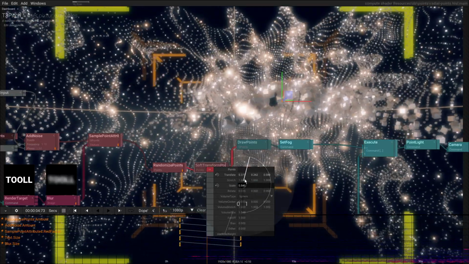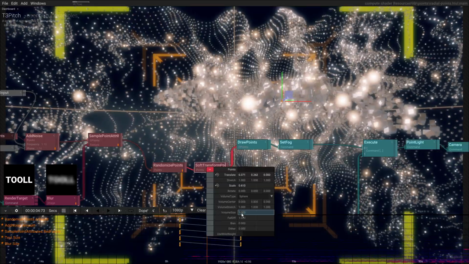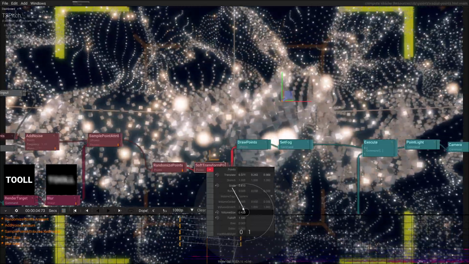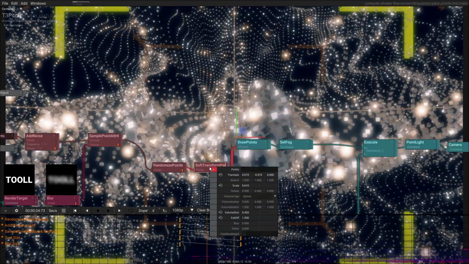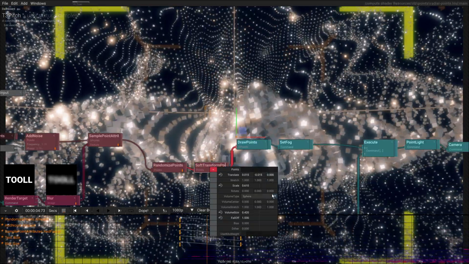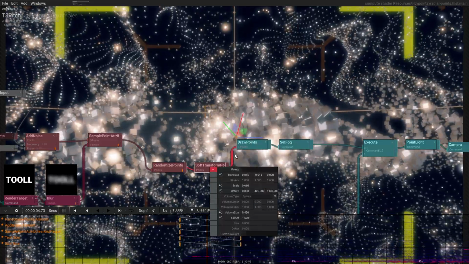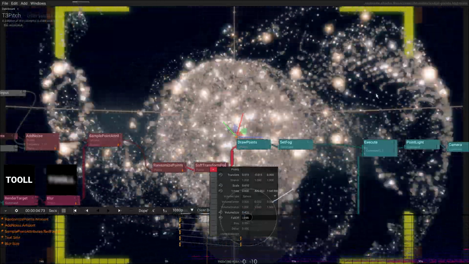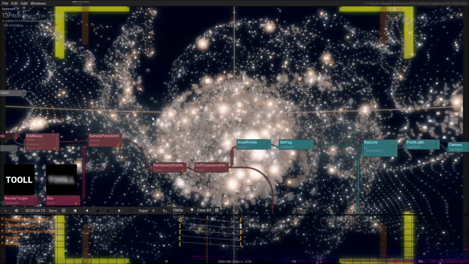So maybe we change the size of this volume here, increase the falloff, and we can actually see, okay, this looks kind of wonky, but you get the idea. So you can do interesting stuff and play around with them.